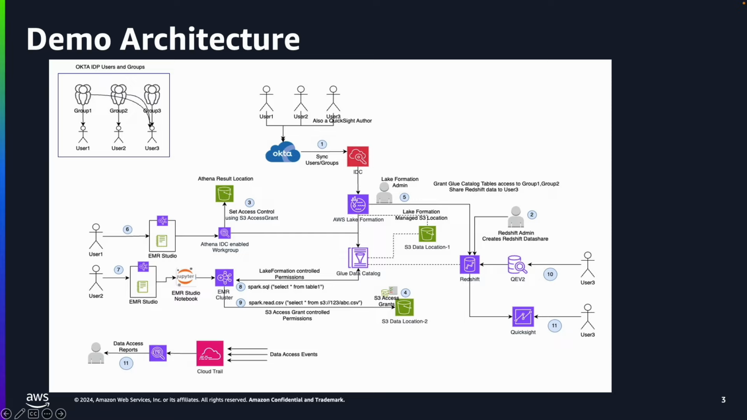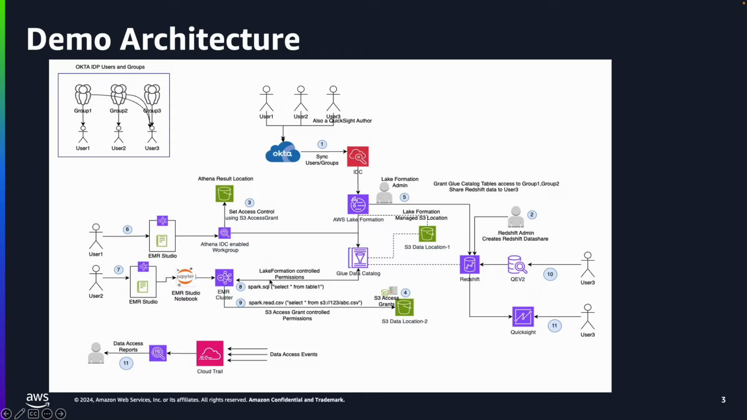Next, the users connect through the various interfaces, and we will see in the demo how the permissions are enforced. User 1 connects to Athena Query Editor via EMR Studio and accesses the table governed by AWS Lake Formation. User 2 connects and accesses the same table using an EMR Studio notebook to execute Spark queries on an EMR